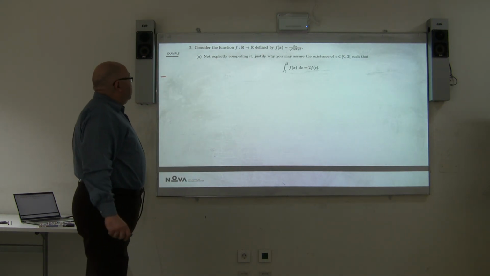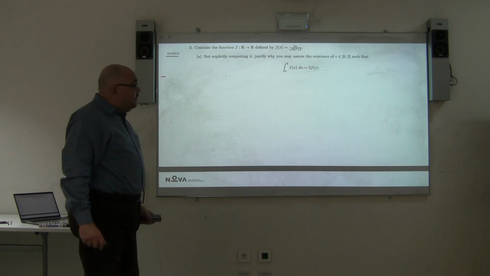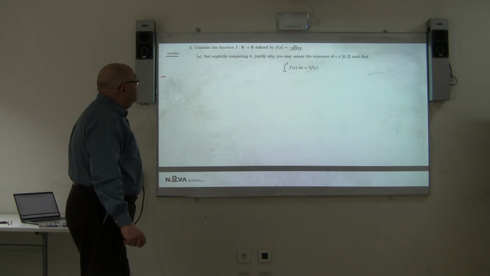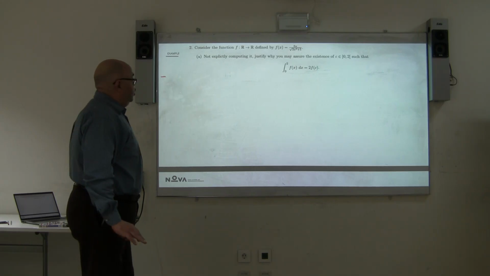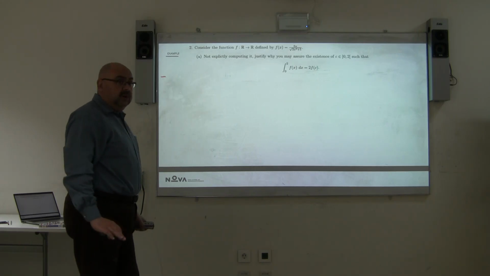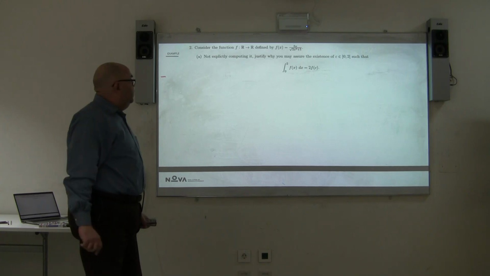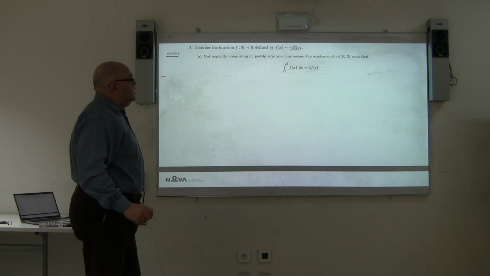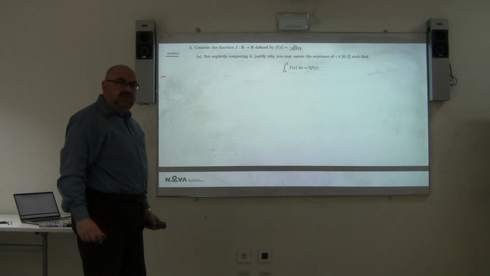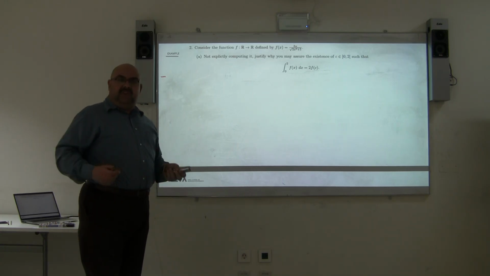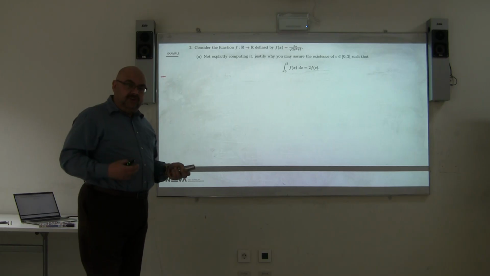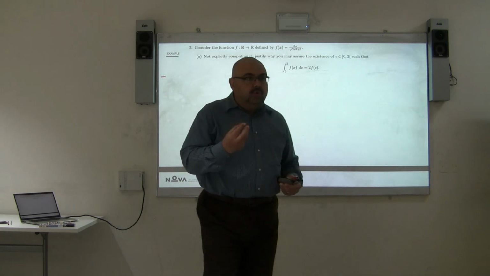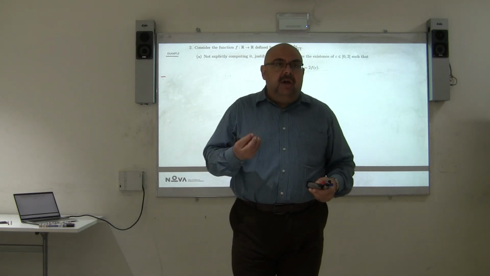So, consider the function f running from R to R, f of x equals 6x over the root of 2x squared. He wants you not explicitly computing. Don't go through the details of computing, but just justify why you may assume the existence of a c that belongs to 0 and 2. He wants you to justify the theorem of Lagrange. It's very, very simple. So all you have to do in this case is to prove that your function is